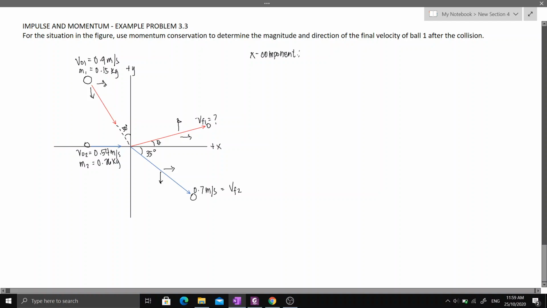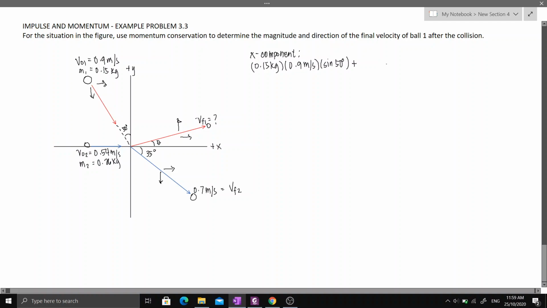So for the x component, we have, so this is positive, 0.15 kilograms times 0.9 meters per second times sine 50 degrees